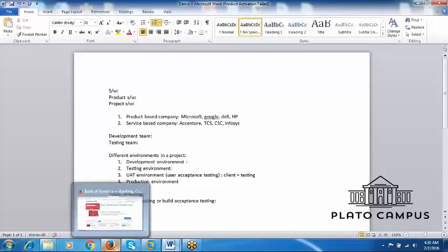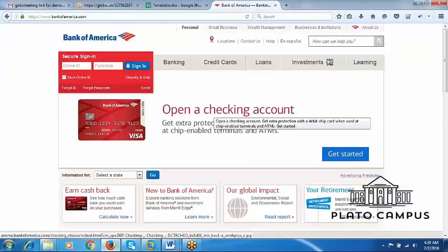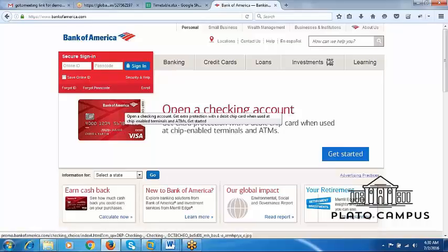So let's see here. In this Bank of America application, what is the major functionality? Sign-in is a major functionality. Once the application is developed by the developer and deployed into the testing environment, we perform sanity testing. Because if the major functionality is working properly, only then can you proceed further to test the application.